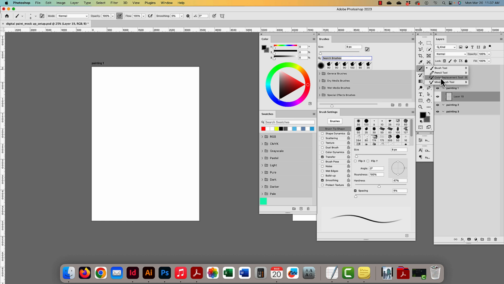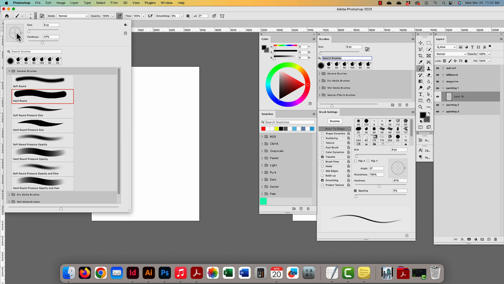Brush tool, pencil tool, color replacement tool, mixer brush tool. I'm only really going to play around with the brush tool and the mixer brush tool just to show you what they do. Brush tool. Okay, basics of the brush tool. If I drop down here, I could see the rotation of it, the angle of it, the roundness. If I want to change up the roundness, I could change the roundness, the size, the hardness or softness,